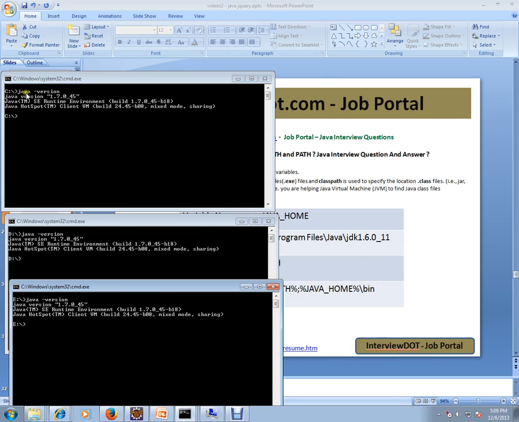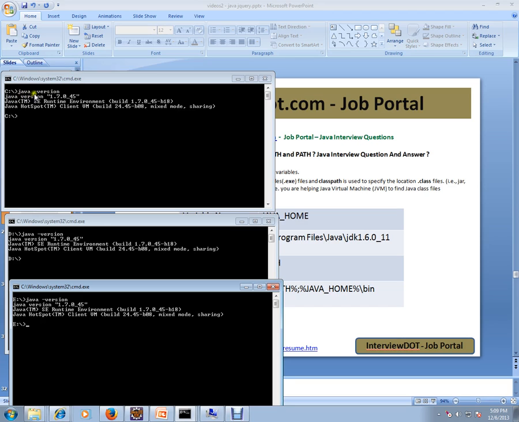Anywhere I type java version, I'm able to access that java.exe file. So D drive, E drive, C drive. That means the operating system is able to find out java.exe from this folder. That's where this class path variable and path variable come into picture. On C drive, I just type java minus version. If you go to C drive directly, you don't see any java.exe. But since we have set the path variable, the operating system is able to find out where the java.exe is, and it's able to execute this